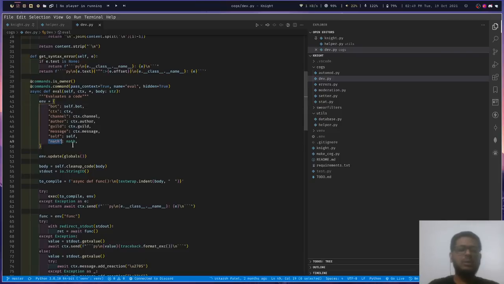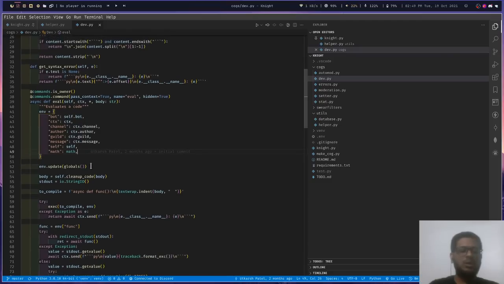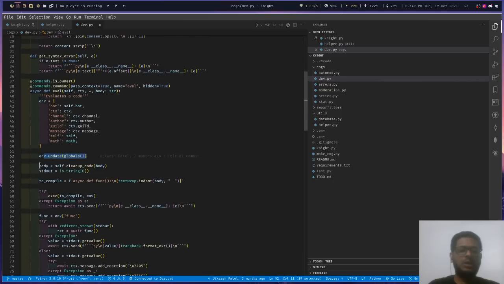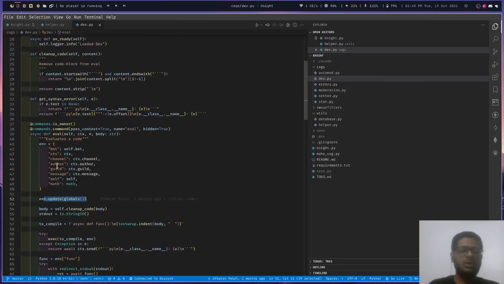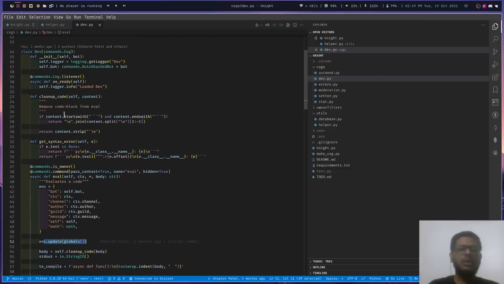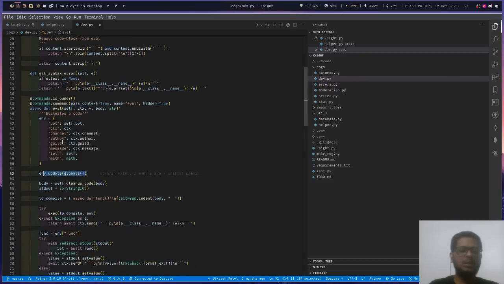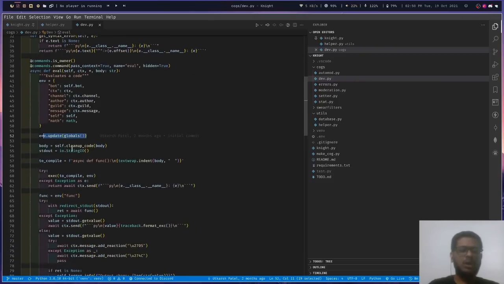And here is the math module to evaluate any mathematical expression. Then we will update our environment with all the global environments. Then we will clean up the code, that is we will remove all the backticks, new lines or extra spaces from it, and then return the body back to the code.